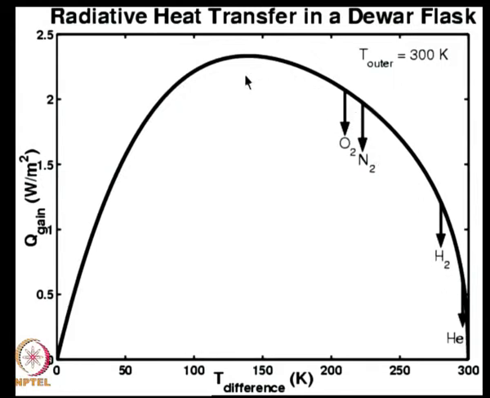So, this is a portion which is of great interest to us. This is a portion where if you store liquid oxygen or liquid nitrogen or liquid hydrogen, you will be in this part of the curve. So, in this part of the curve is where, as the delta T increases, the heat transfer goes down. This is the result which is counterintuitive, which does not follow the traditional heat transfer texts, which say that as you increase delta T between two surfaces, the heat transfer should go up. Here it is going down. Okay. And to the point that if the inner surface was really at 0 K, then heat transfer is almost 0. Okay. Although delta T is of the order of 300 K.